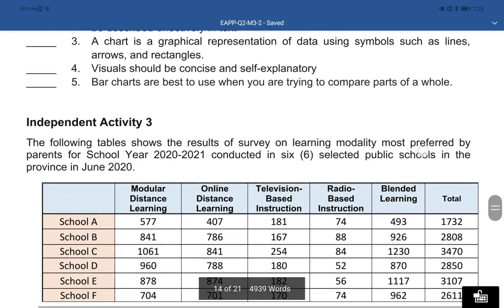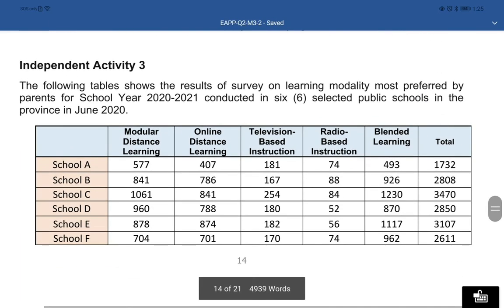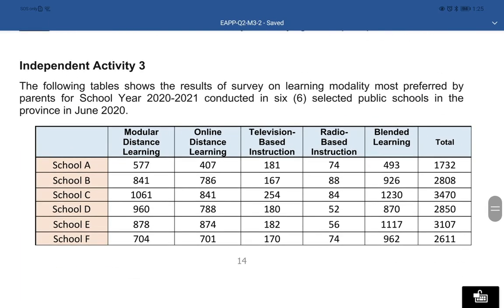Yung ganun. Okay? So, that's it for our lesson. It's very easy naman, di ba, to understand. It's quite long lang, but it's very easy to understand. So, let's